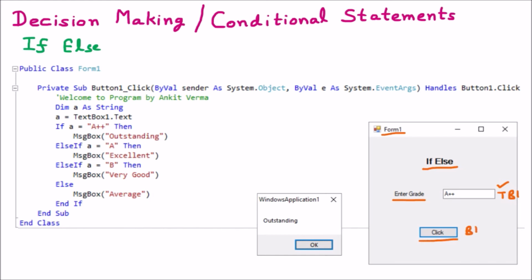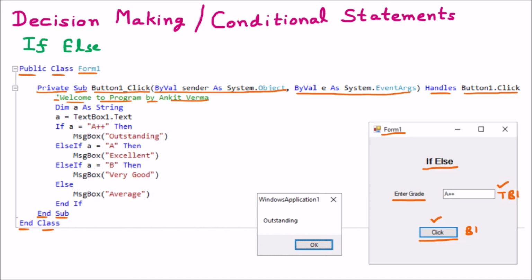Now when we create that and double click on this button, this code is created, and here Public Class Form1, as I have explained earlier. So one form class is explained, Public type, End Class. So this is the public class. Then one button is created, Private, because this is part of the form, Sub. The name is Button1_Click, and two parameters are passed, and it handles Button1.Click. And this sub has the End Sub. Inside that we have given the same comment, program by your name.